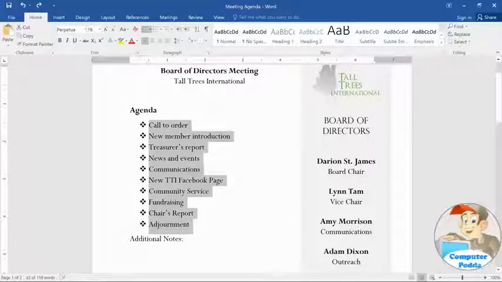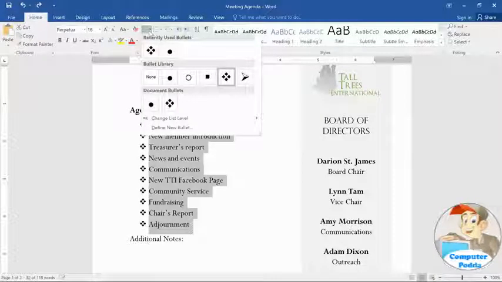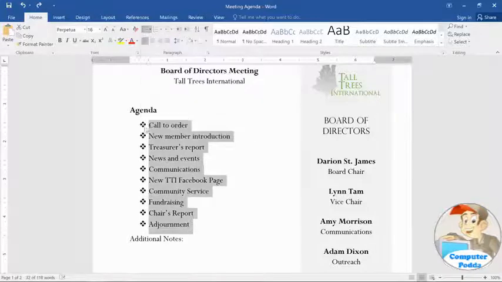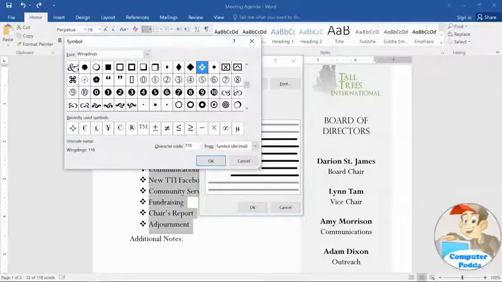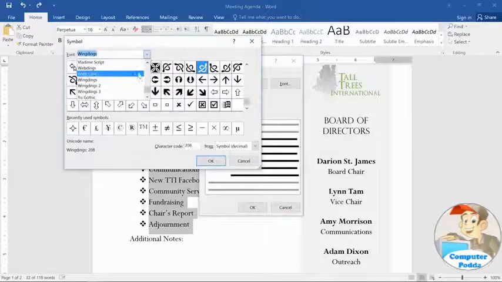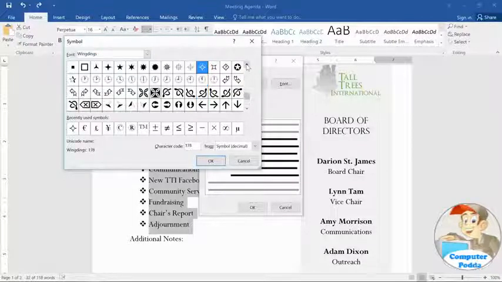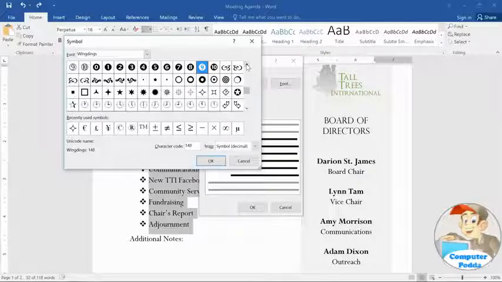While I'm here, I'd like to change these bullets to something different, but when I click the drop-down arrow, I don't really see any that I want. That's okay because there are a lot of other symbols we can choose from. Just go to Define New Bullet and click Symbol. Then select a font. I'd recommend using any of the Wingdings fonts because they have a lot of symbols to choose from. You can then scroll through the list of symbols, and when you find one you like, select it